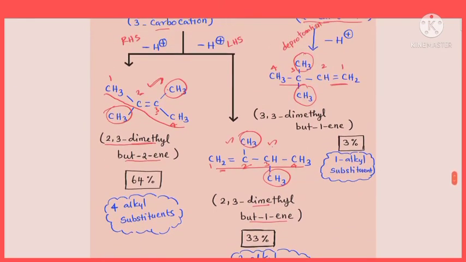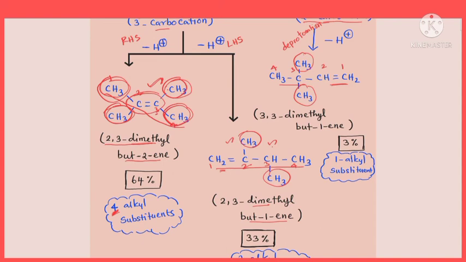Okay, right. Now this 2,3-dimethylbut-2-ene is formed as the major product because this alkene has a greater number of substituents. Actually it has 4 alkyl substituents. Okay, so now look at this. This is the carbon-carbon double bond. All these 3 are considered as substituents. One methyl group, another one, third, fourth. There are 4 alkyl substituents. So this is the alkene with the maximum number of substituents. That is the reason why it is formed as the major product, about 64%. That's what the rule says, isn't it? If many alkenes can be formed, the one which has more substituents is formed as the major product.